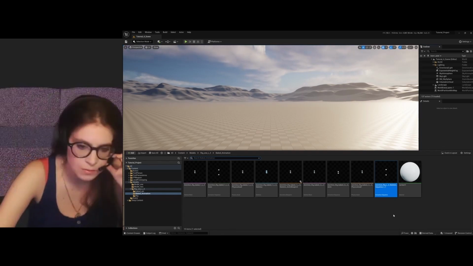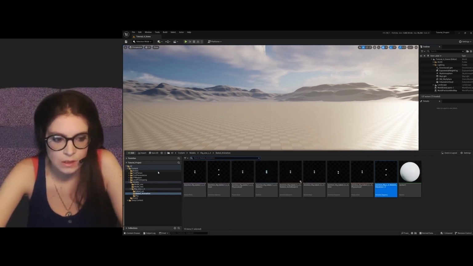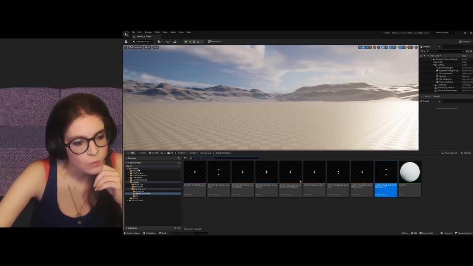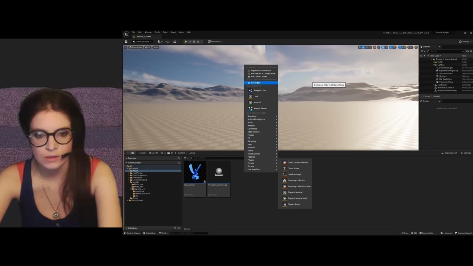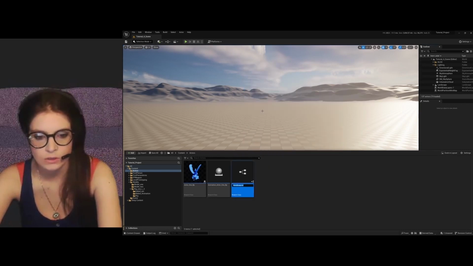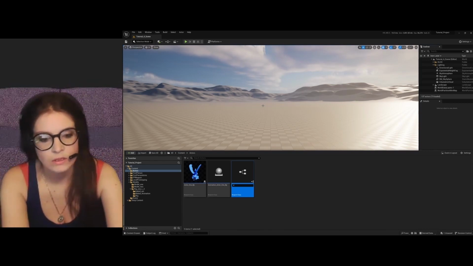We're in a new scene, but we still have access to all of our actors and our scripts. We're just in a new area now. This would be like a new level. Okay, so I want to. Let's go to our actors. Let's create a new actor. Blueprint class actor, and I want to do ball spawner